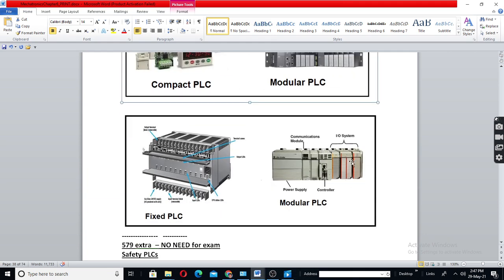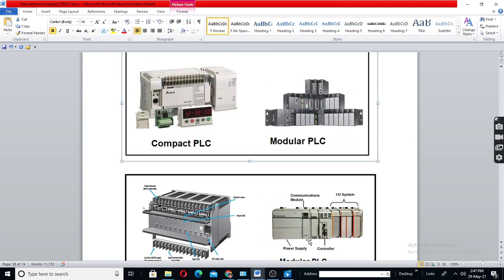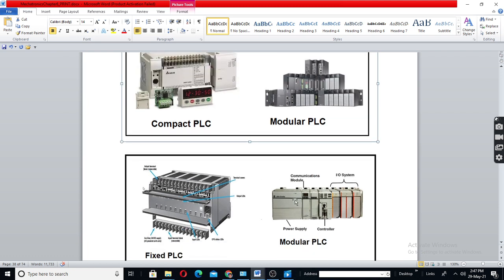for large systems. The CPU processor will be one module in which there can be a power supply. Sometimes the power supply also can be separate. And then processor and then module. See here, the processor is here. Communication module is here. Here mostly memory will be within this. And IO modules are here. Here there can be analog input module, analog output module, digital input module, digital output module. Lot of things are there.